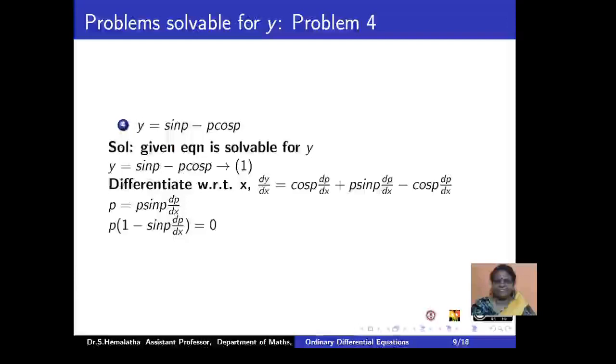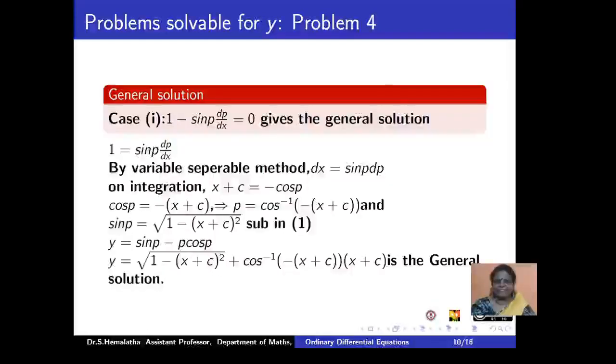And this is just a problem involving sine and cos terms in the equation, and the procedure is almost the same procedure as we do in the other cases. But one thing we need to concentrate on here is, after getting the factors, when you go for the general solution, you will be getting the value of cos p. So immediately I will write p as cos inverse.